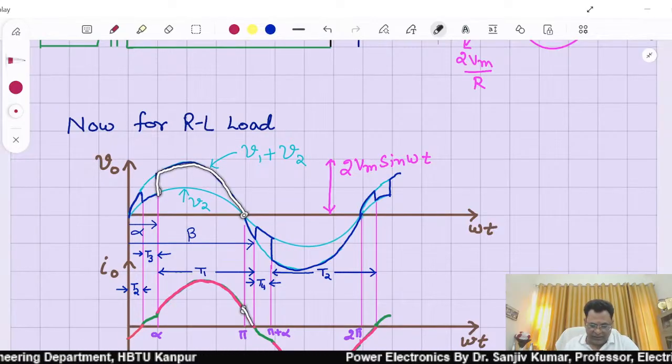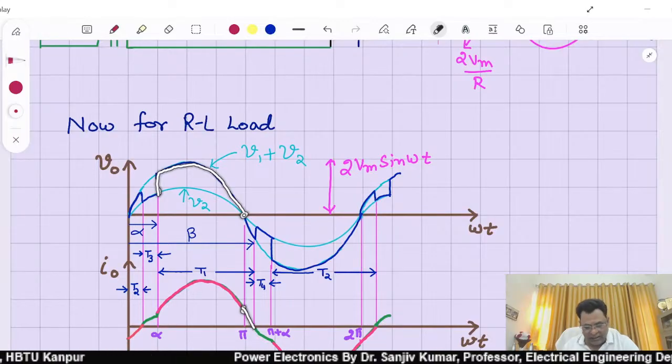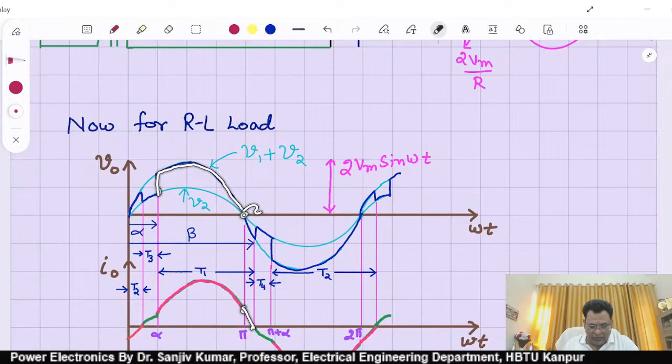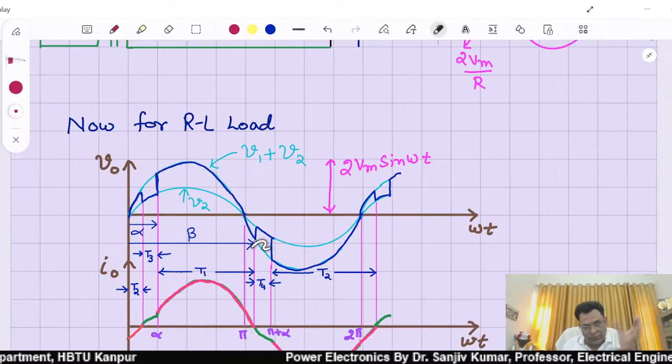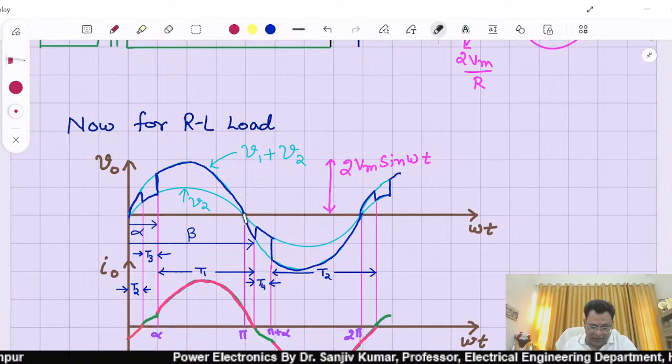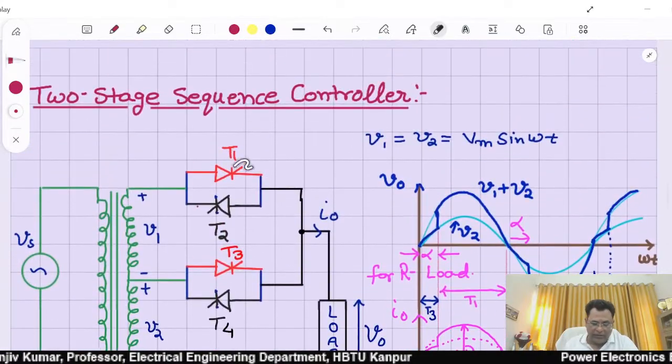That means T1 is conducting, so whatever the input voltage, that V1 plus V2, that is 2 Vm sin omega t, that curve needs to be followed. And after that, the current flowing through T1 is 0,